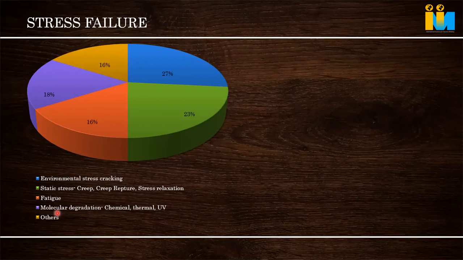Molecular degradation, multiple things. Whatever happens in molecular degradation means the molecules. I told you every plastic material is made up of multiple molecules, monomers, and they club together into a polymer. So it's a molecule inside. When we are overheating the material, with excessive heat in the machine, the molecules disintegrate. That also makes it brittle and it cracks.